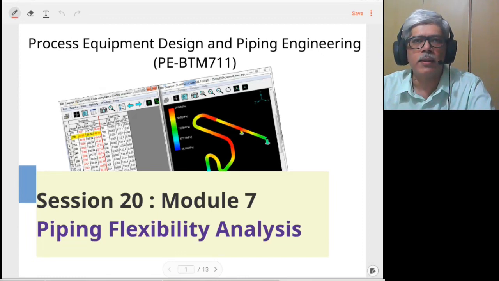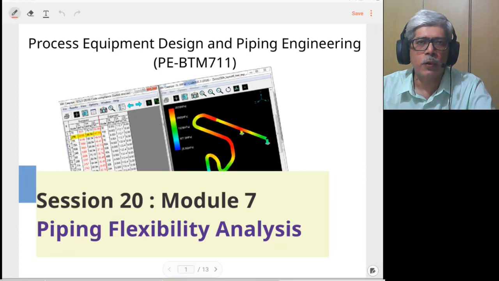And in this particular session, first we are going to see, as per the piping design code, what are the norms or requirements in terms of allowable stresses. Then we will see the different load cases that need to be considered when you are doing flexibility analysis. And after that, we will do one calculation which will show us whether the piping flexibility analysis needs to be done or not. And finally, we'll look at the overall criteria that the piping design code applies for accepting or rejecting a particular layout.